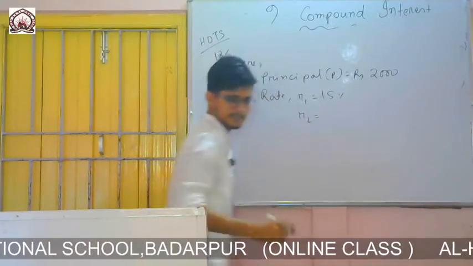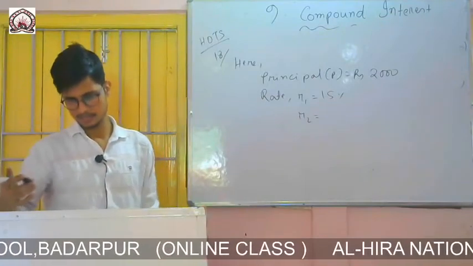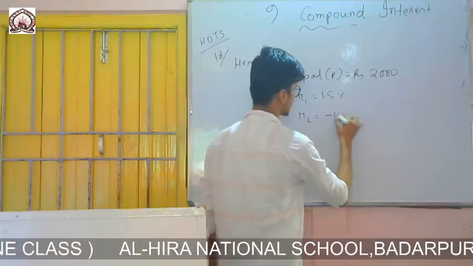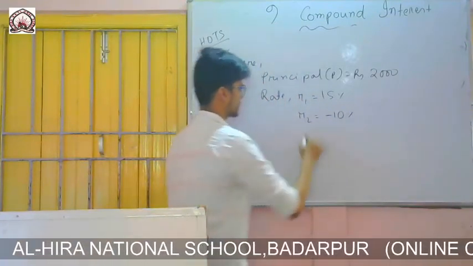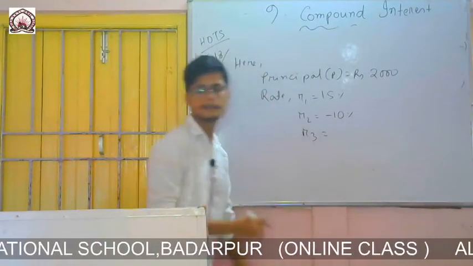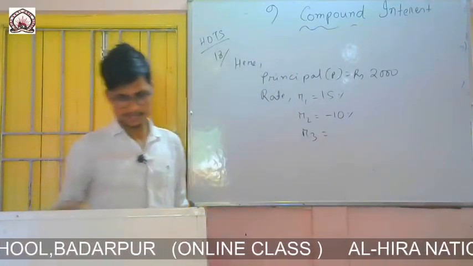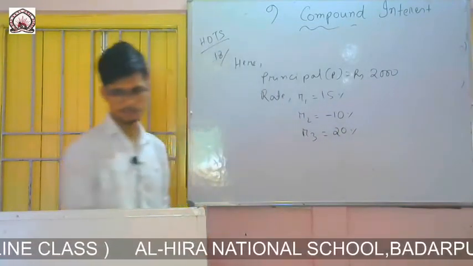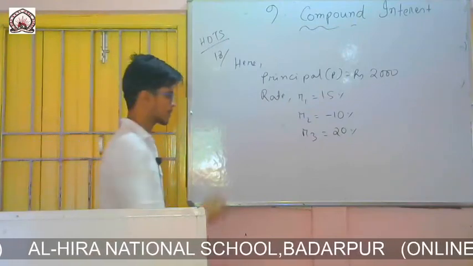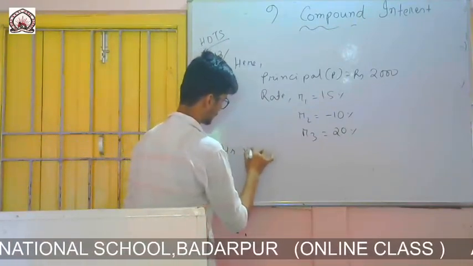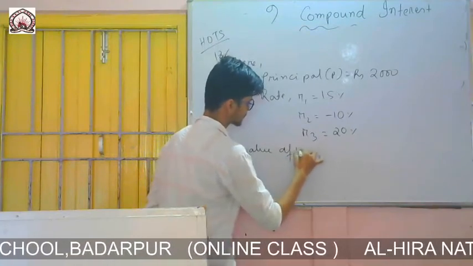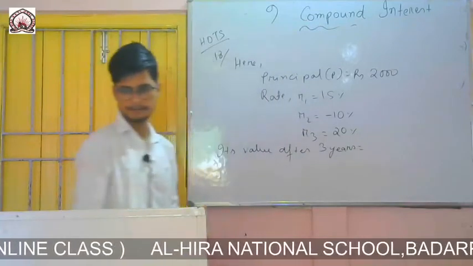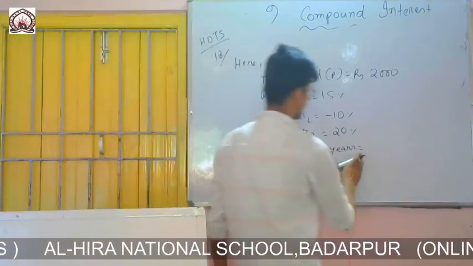R2, in the next year he suffered a loss of 10%, that means minus 10, there you write minus 10. And for R3, he again had a profit, so you write plus 20%, that means only 20%. So simply you write, therefore, its value after 3 years equals to